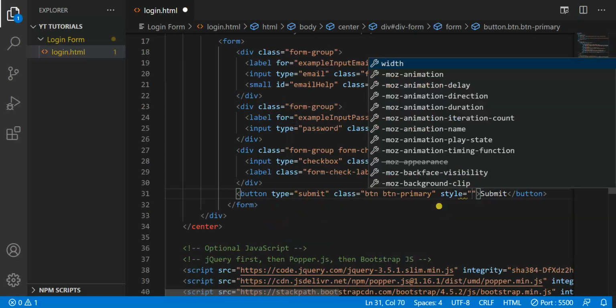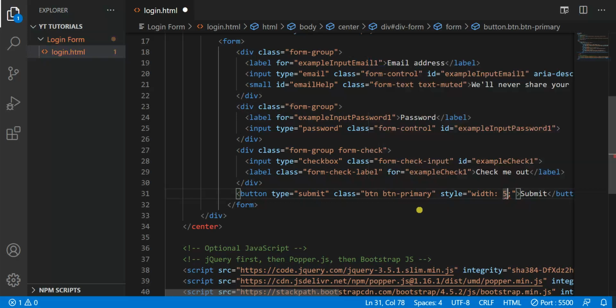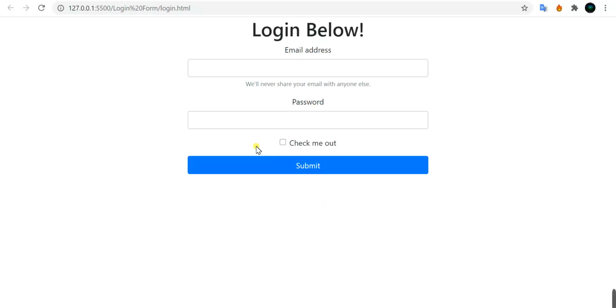I am doing inline CSS styling here, but it is recommended to do it externally. I am just making a video and doing it internally. If you are doing it for a real world or real life project, then you are advised to do it externally. Now type it also 500 pixels, and here we also have a good interface in it.